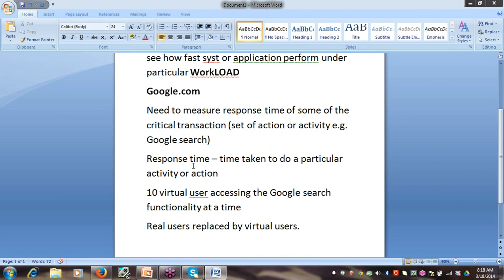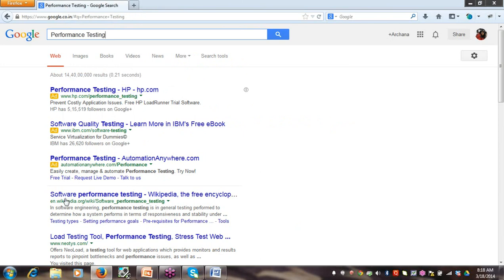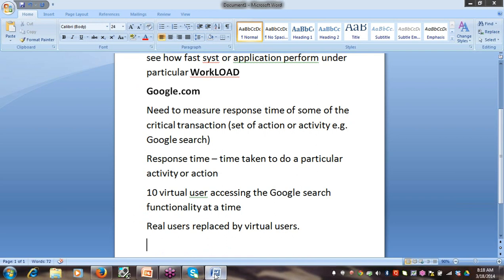Okay. Now, whenever an application comes to us for performance testing, there are some objectives associated with that particular application.